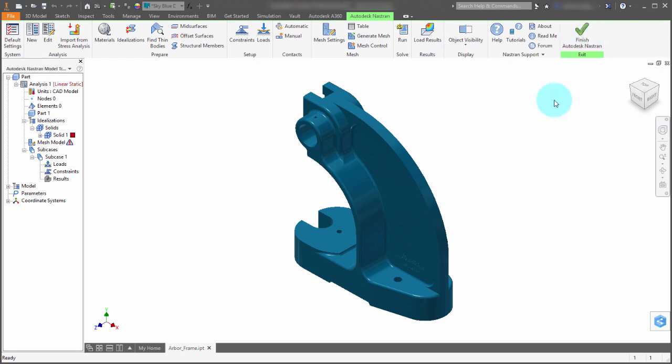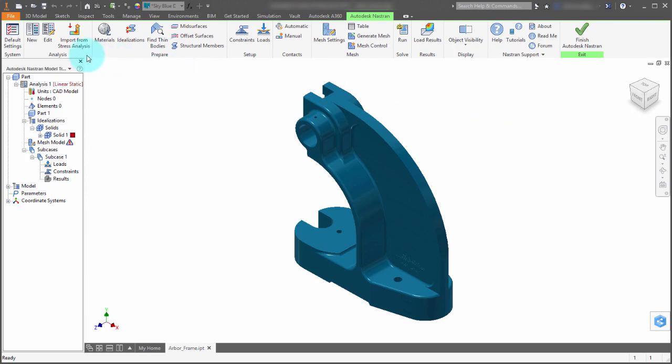And you can really do this at any point. So you might apply some materials, realize something, go back to the model, make some changes, and then come back in here and continue on. So you can bounce back and forth between the environments. Since it is in CAD, as you make changes to the model, those models are automatically realized within the analysis